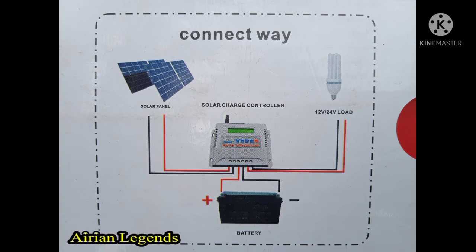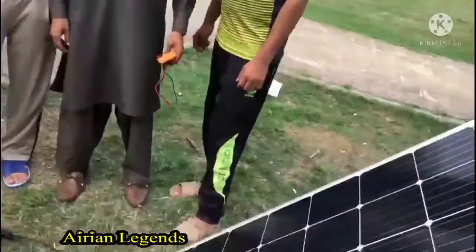The three components, solar panel, inverter and battery, will be connected with the solar charge controller. Electricity is generated by a solar panel and goes to the charge controller, which then charges the battery. Then power from the battery goes back to the charge controller. Then this power goes toward the inverter, which powers up AC loads by converting this 12 volt DC to AC 220 volts. Now our solar power system is ready.